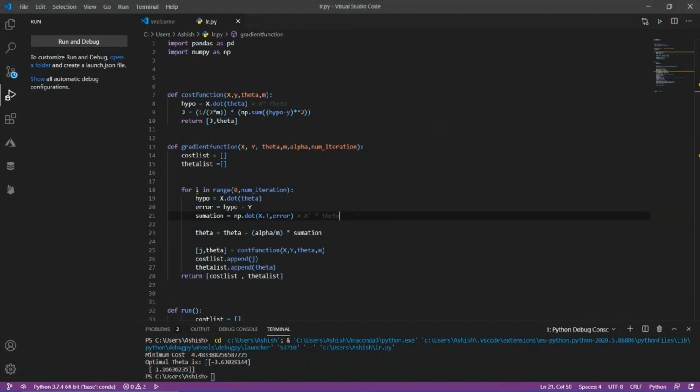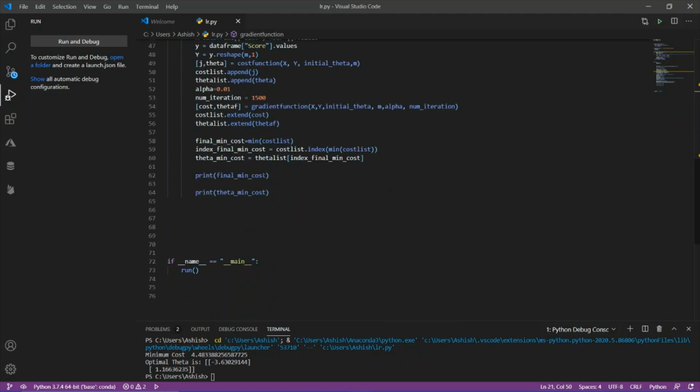So guys, I fixed some of the errors. Now let's print this thing also.